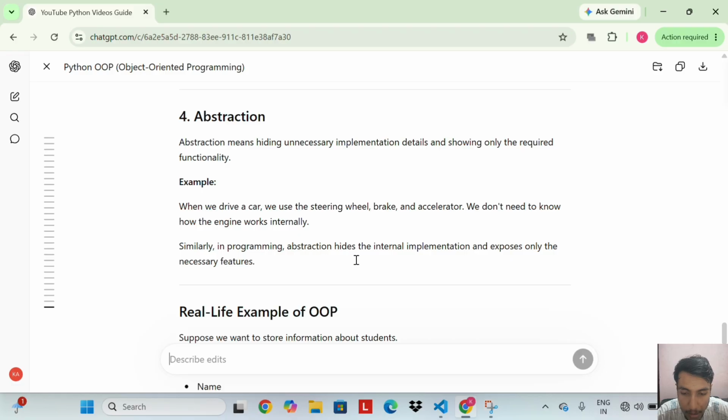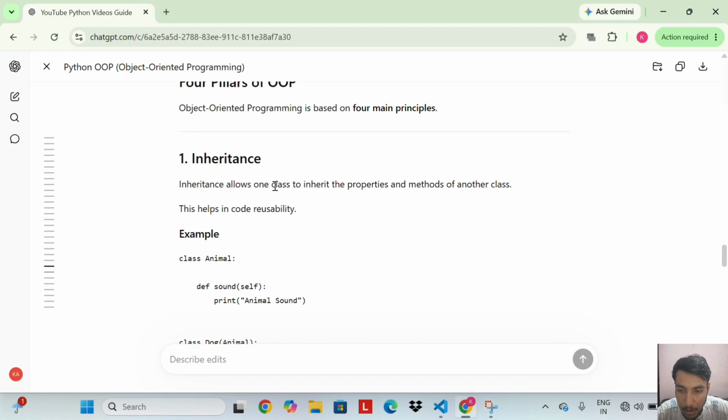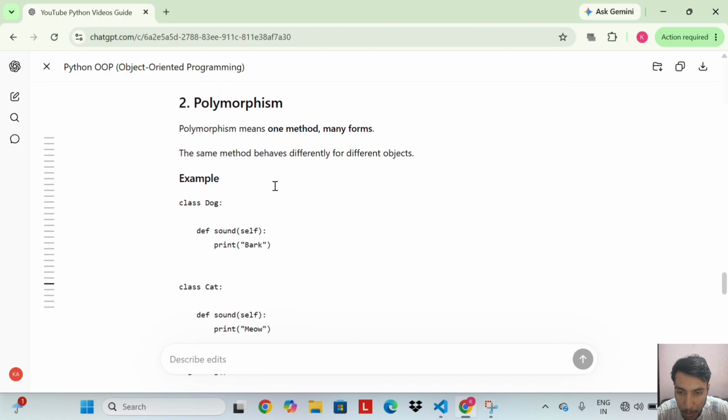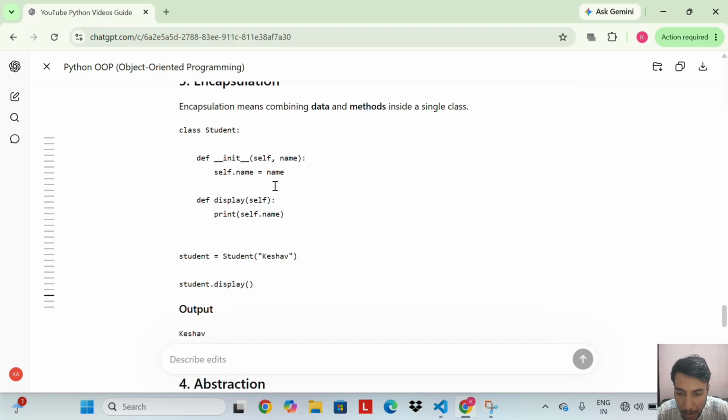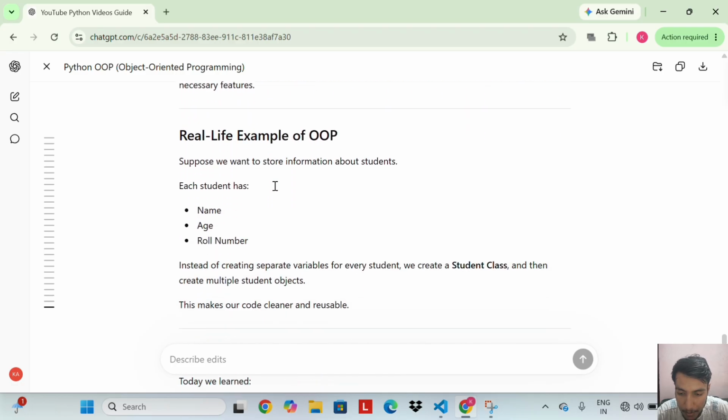Similarly, in programming, abstraction hides the internal implementation and exposes only the necessary features. So these are the four pillars of OOP: first inheritance, second polymorphism, third encapsulation, fourth abstraction.